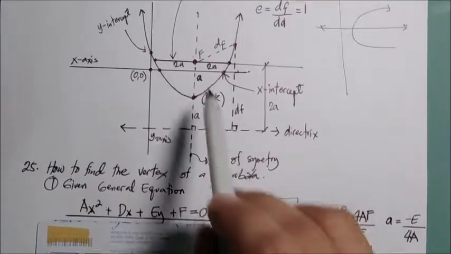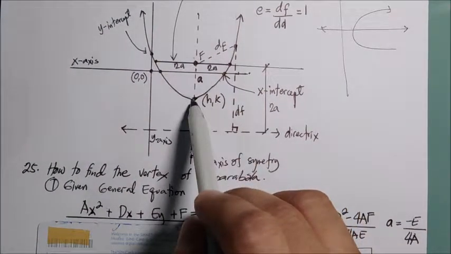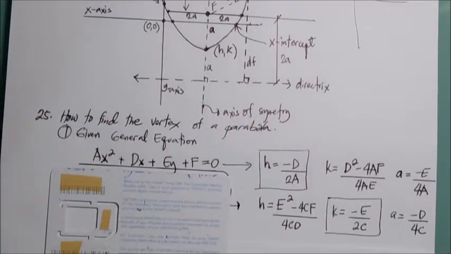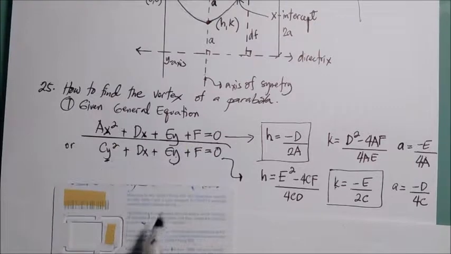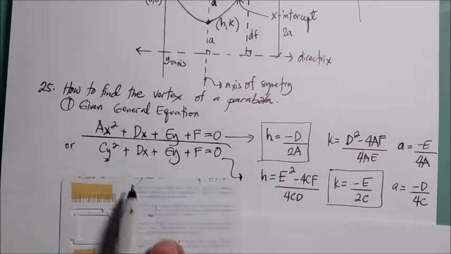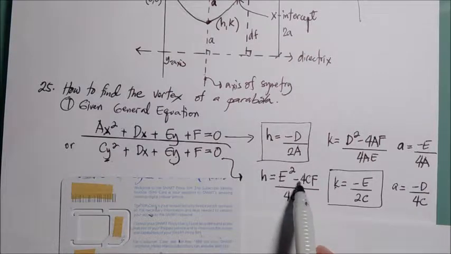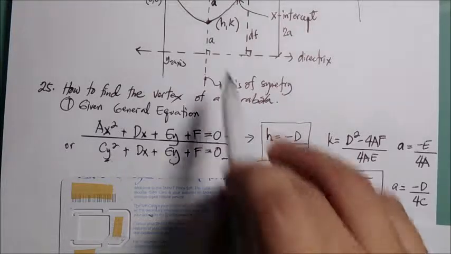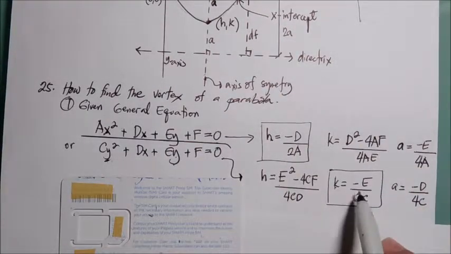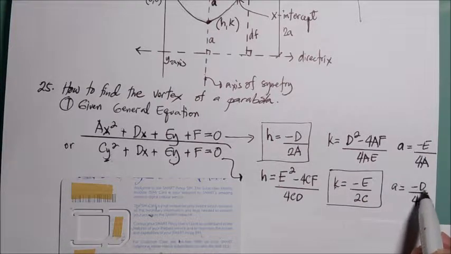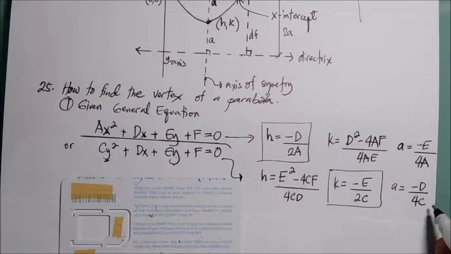This a is the distance from the focus to the vertex, and from the vertex to the directrix. If the equation is given in terms of y squared, your h can be computed as e squared minus 4cf over 4cd, and k, the y coordinate of the vertex, is negative e over 2c, and a can be computed as negative d over 4c. Notice that